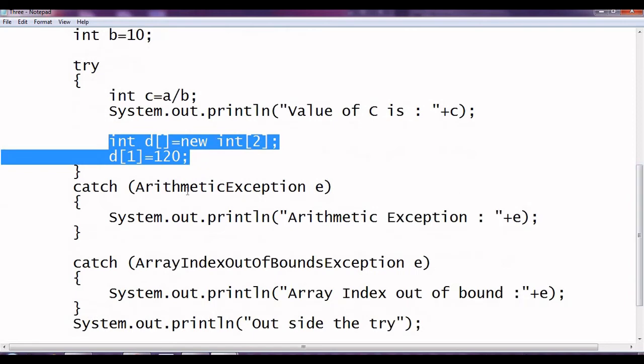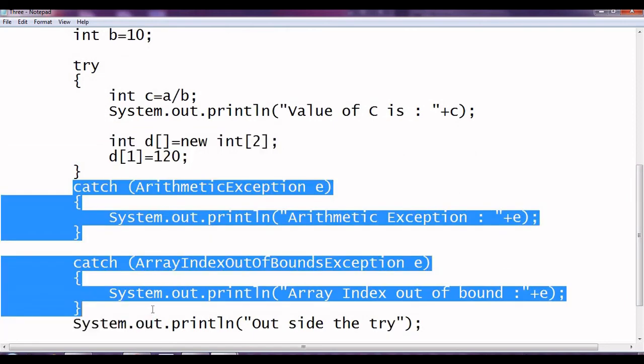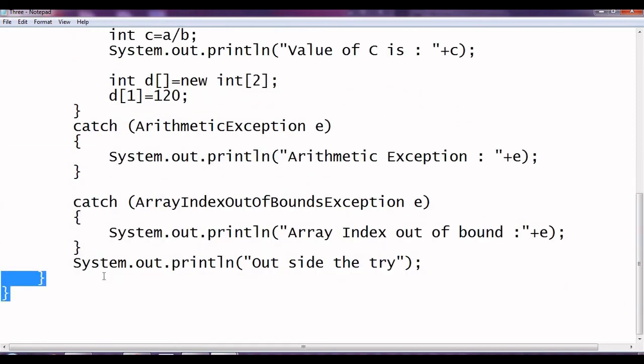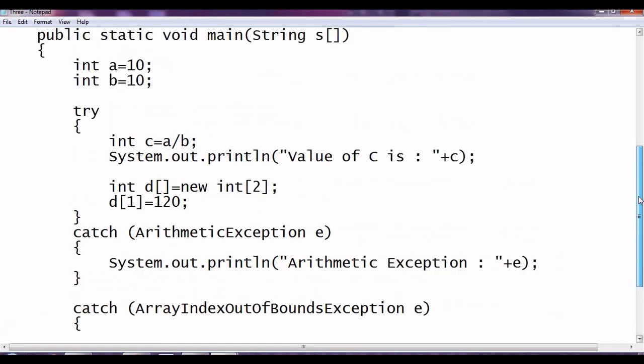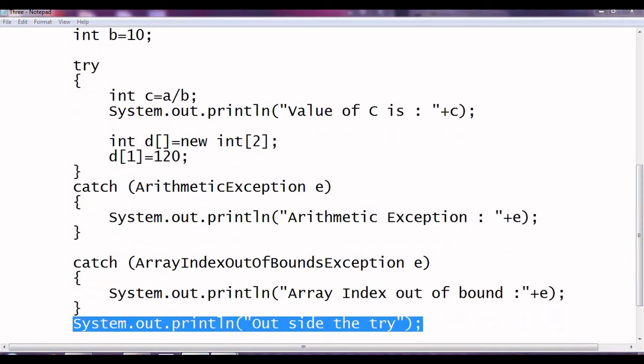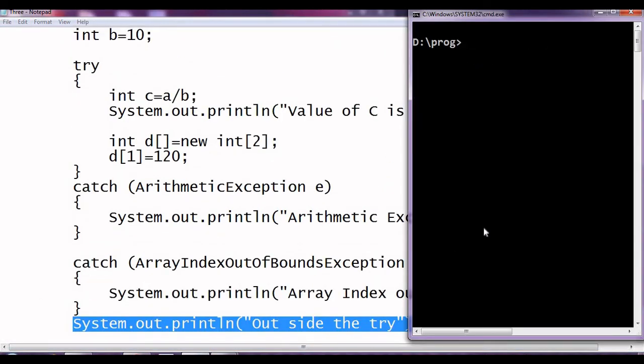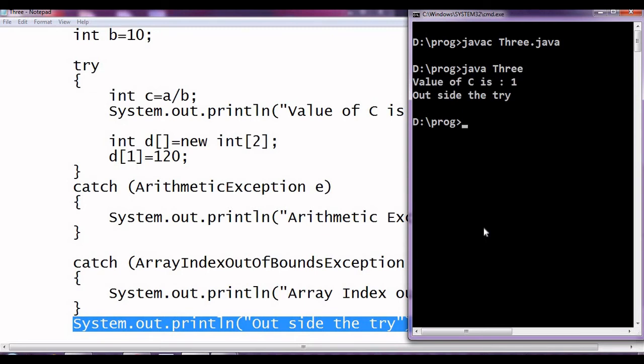As there is no error, no catch will be executed, and then the output will be simply outside the try. Fine, let us check it. See, value of C is 1 and outside the try.